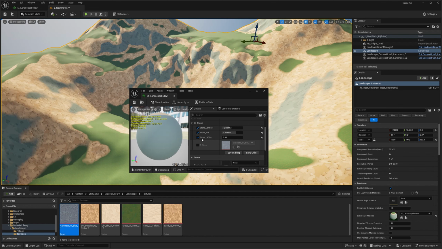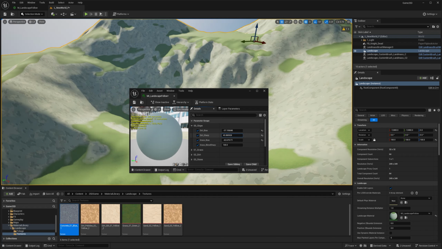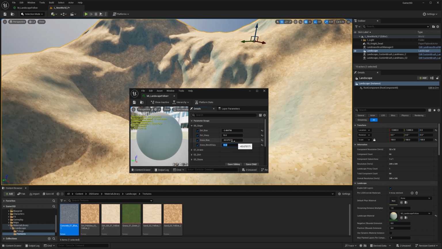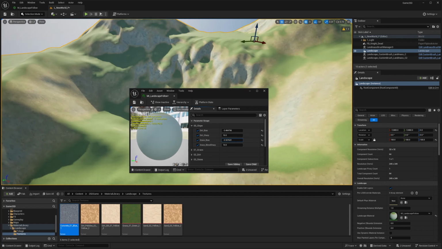And here, look at this. I'm going to go all the way to slope, and I'm going to start changing the sharpness of the dirt. I'm going to reduce it. And as I reduce, you see it flooded the whole thing. And that's unfortunately by design, which means you're going to compensate here by pushing to the positive values. So now instead of a very harsh transition, it's almost like a smooth transition between one and the other. And if you want, you can do the same thing for the grass too. You can just go here 10. You're going to have to push this up, and you have a little bit more of a smooth transition.